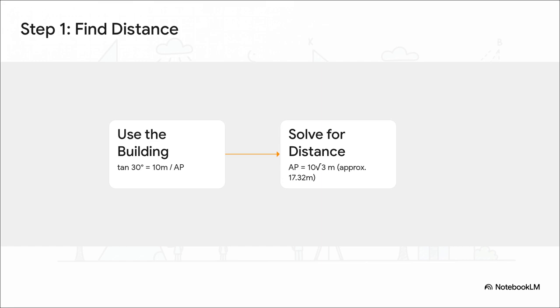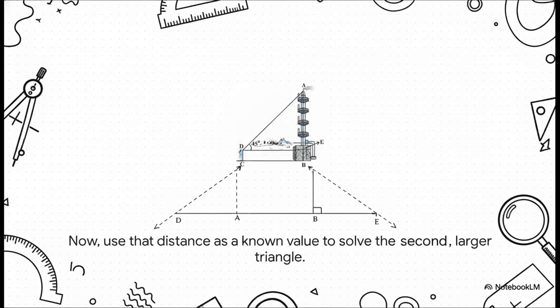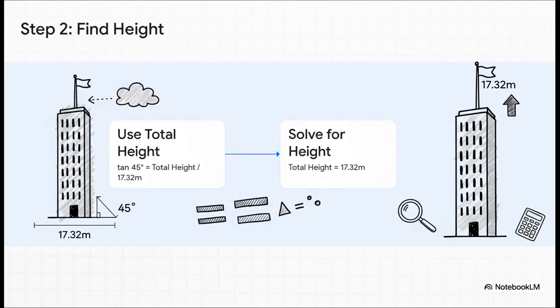We've got our distance. And now, this is where it gets interesting. We're going to use that distance we just found. That number, 17.32 meters, becomes a known piece of the puzzle for our second, bigger triangle, the one that goes all the way to the very top of the flagstaff, using that new angle of 45 degrees. So we set up our second equation. The tangent of 45 degrees equals the total height, that's the building plus the flagstaff, divided by that 17.32 meters